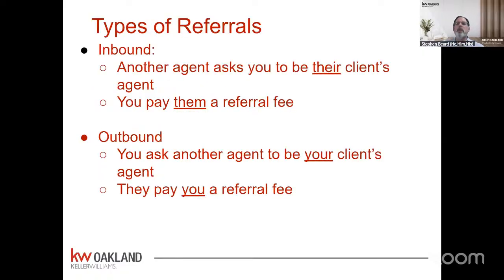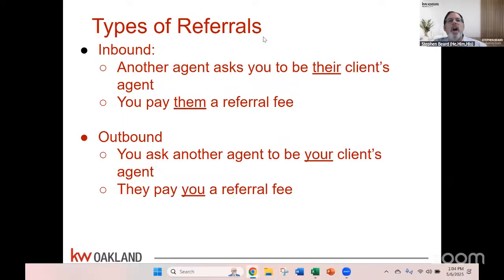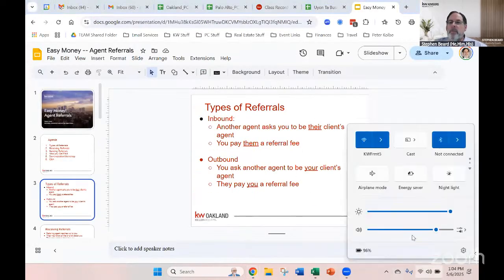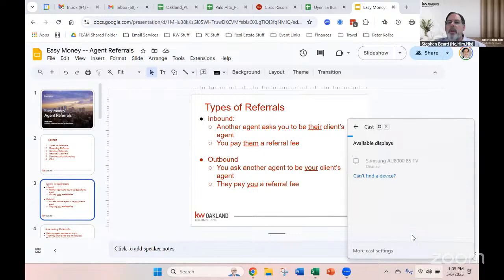So there are 2 types of agent referrals. The first is, hey, sorry, I just realized that for my folks in the office, my screen sharing stopped. So I need to find out what happened here and get the screen up. You guys saw it for a little bit, right? Maybe we never did. You didn't say. I didn't see it. I have a question, Stephen. Wait. Is it about this? Yes. Okay. What is the question?